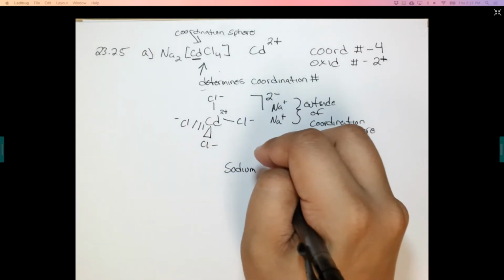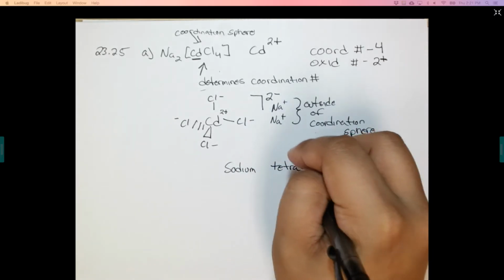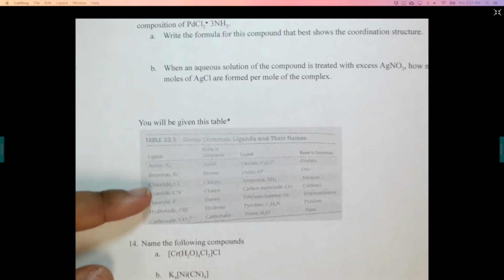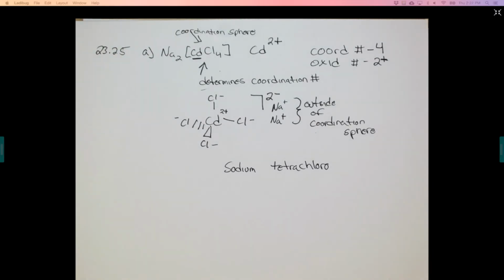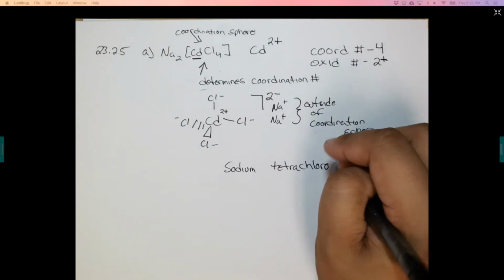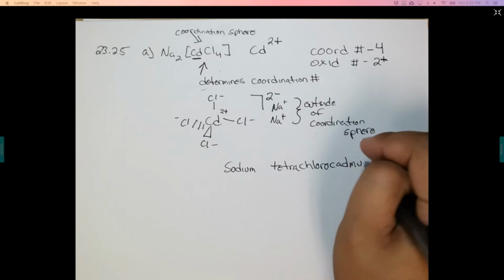So we're going to use tetra because there are 4, chloro because that is the prefix for chloride, and that's based on, remember I gave you the reference materials here, chloro, based on that table. You will have that for your assessments. Tetrachlorocadmiate